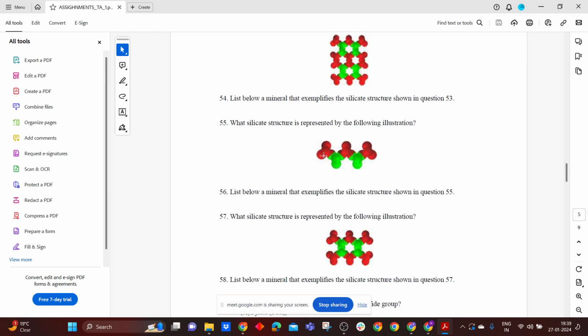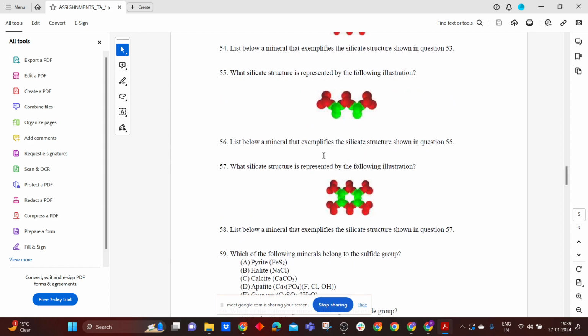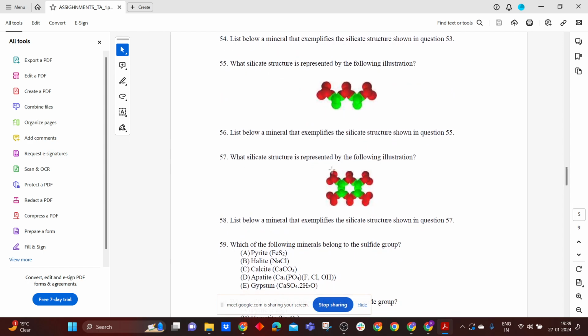Only wollastonite and a number of other minerals, we actually consider that group of minerals in the pyroxenoid group. So it's better to say pyroxene. Please don't use the term pyroxenoid. Technically it's wrong.